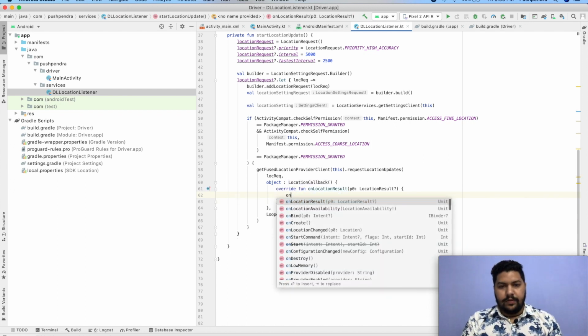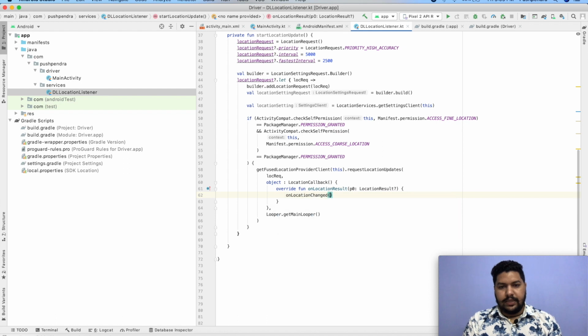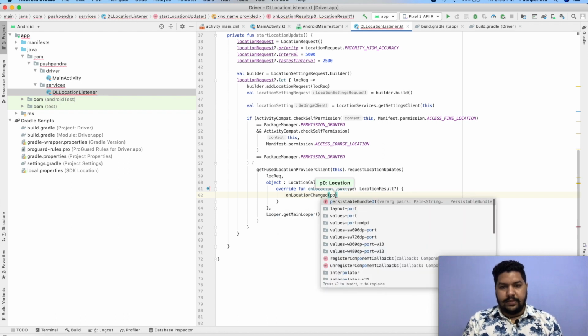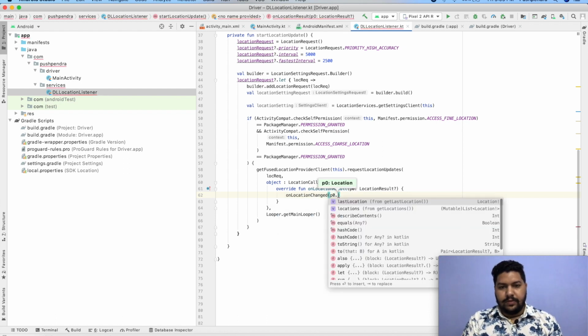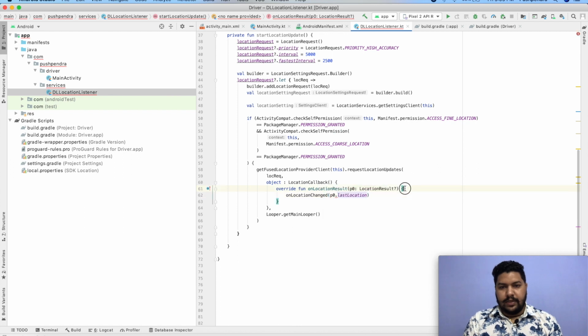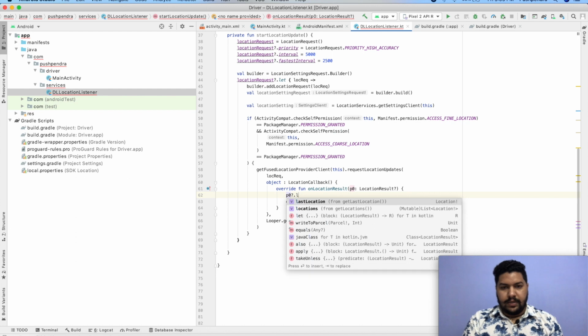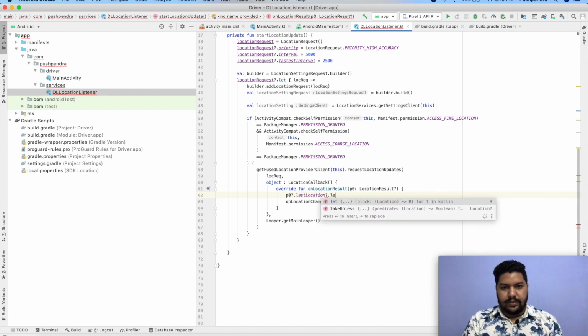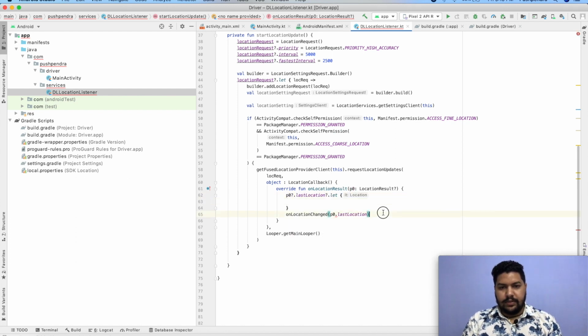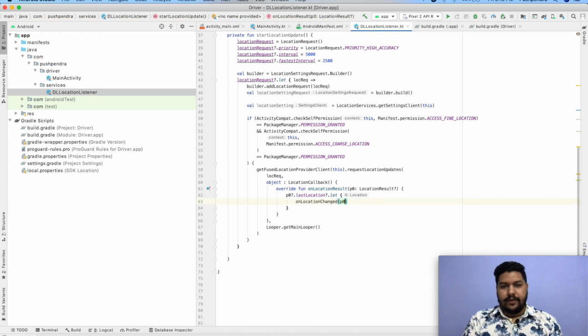Now on location change, and here p0, we can say p0 dot last location, with let keyword. Okay, so we can send actual location, this will be the last location of the device.